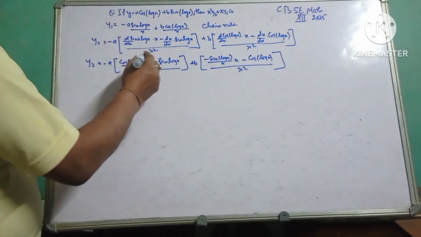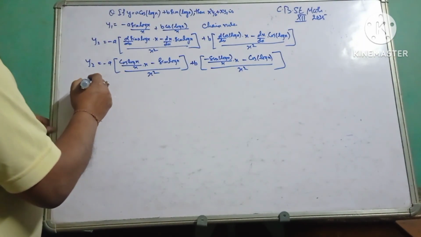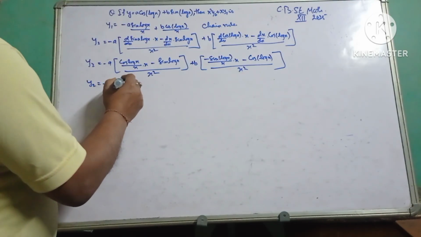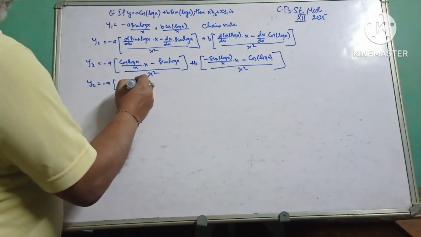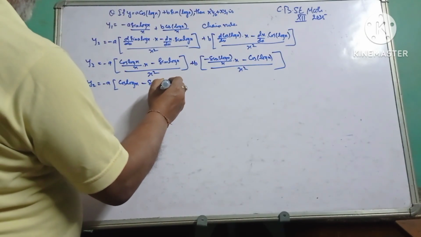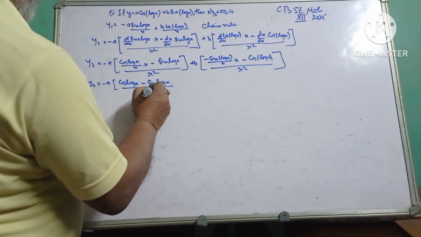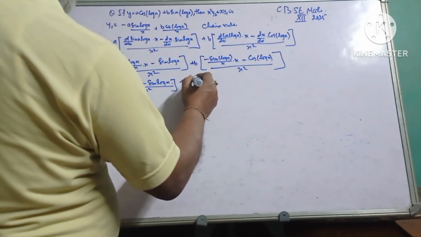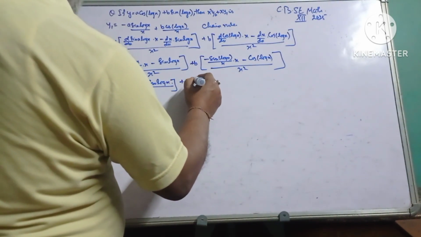So here you see x cancels out, so your result will be minus a cos log x minus sine log x by x square, and this will be plus b, again the same, minus